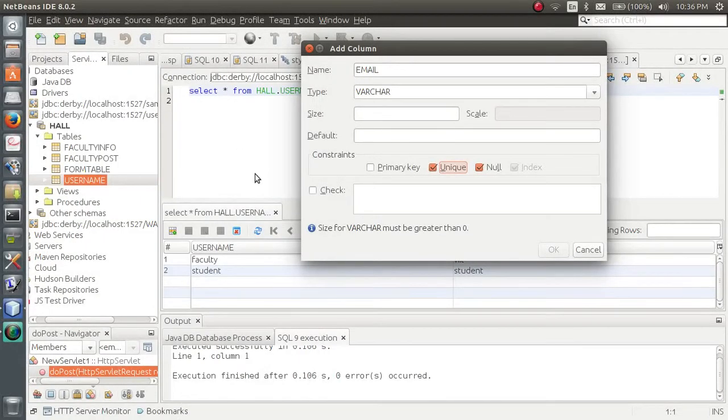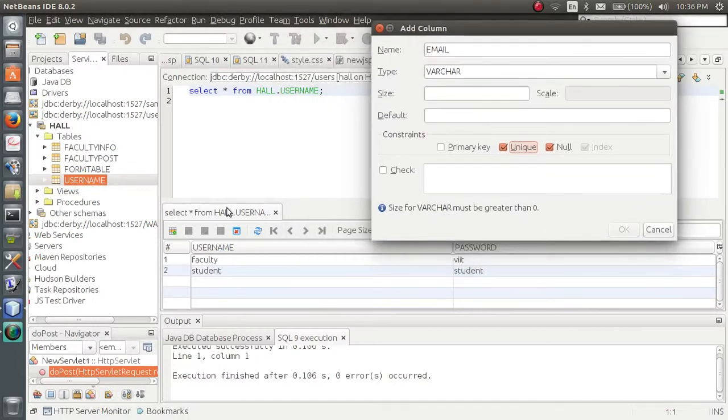Hello friends, today I am going to show you how to get the data from a form of HTML and insert those entries into your database. So for that I am going to make a register column of it. I want to add some way to register, which means a unique username and a unique password will be